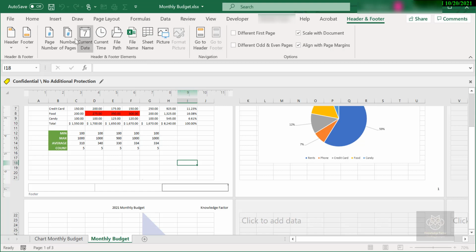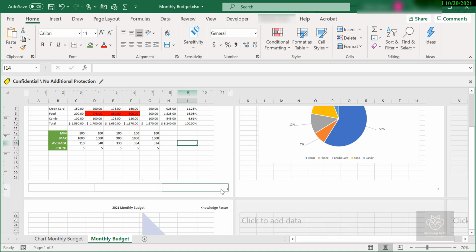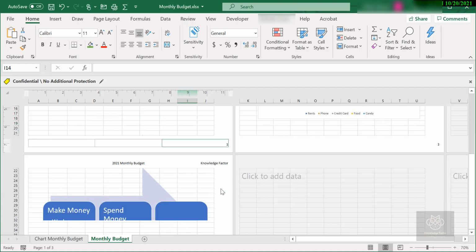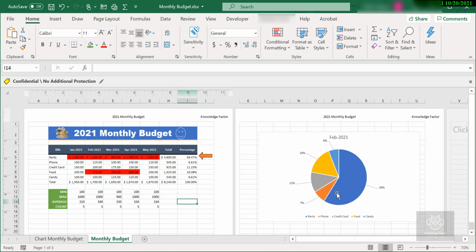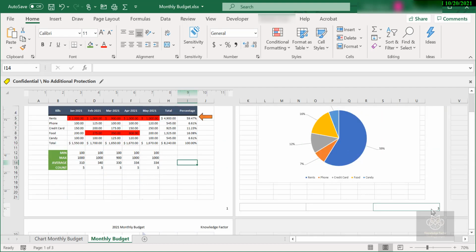One of them is page number. I'll go ahead and click page number, and it's going to drop in this ampersand page. But if I click out of there, I have now got page 1, there's page 2, pretty cool, page 3 done. So, other stuff you can do there.